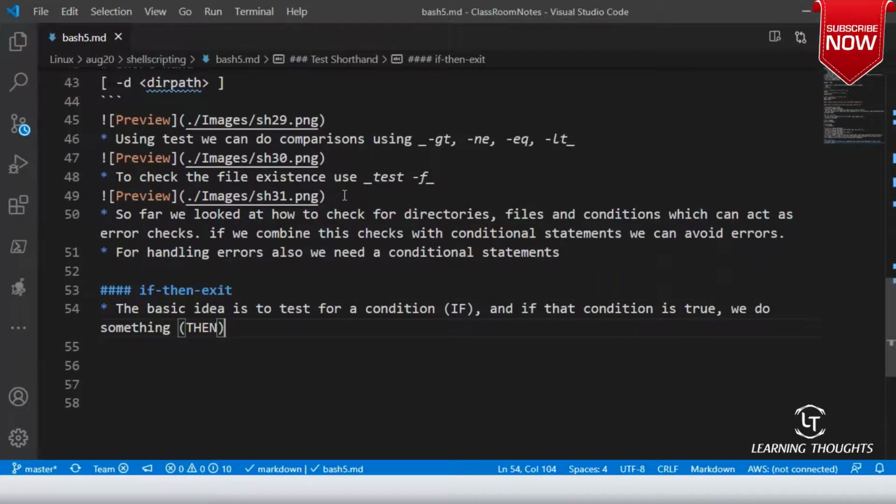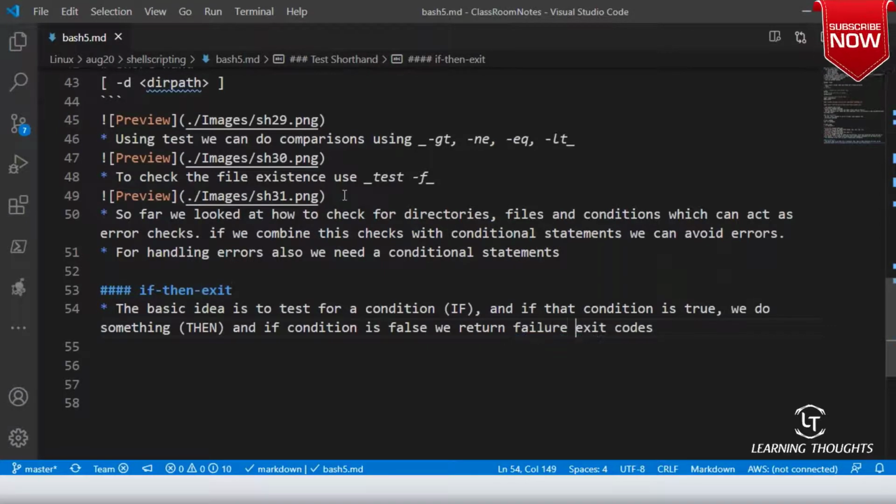If that is not the case, and if the condition is false, we return exit codes or failure exit codes. That is exit. Am I clear on this, sir? So we are writing a very simple if condition.